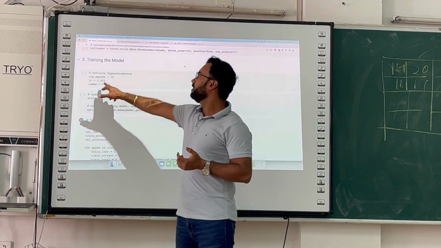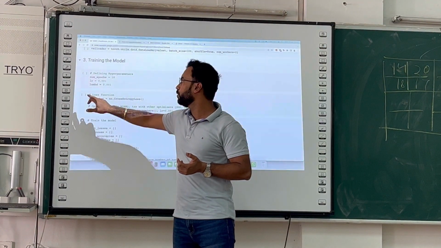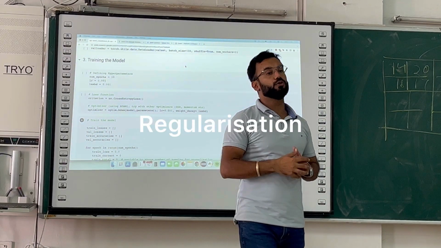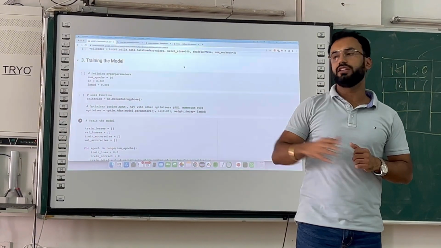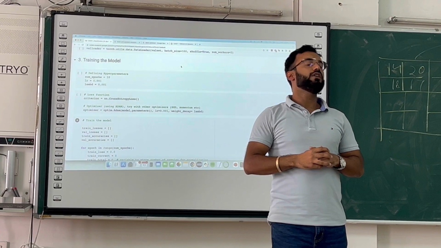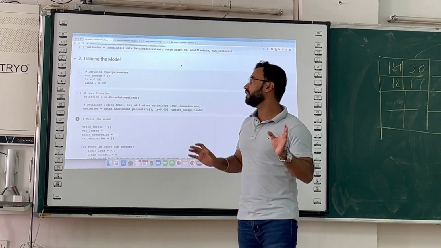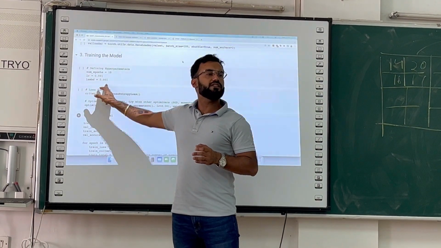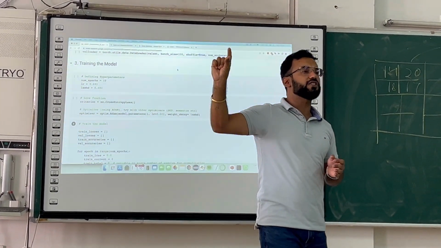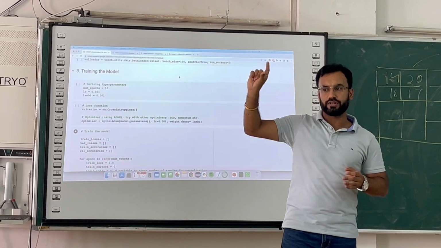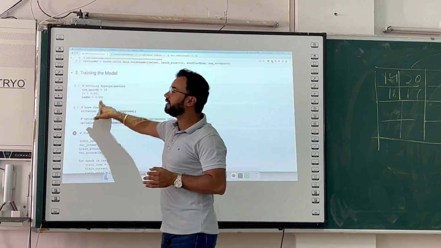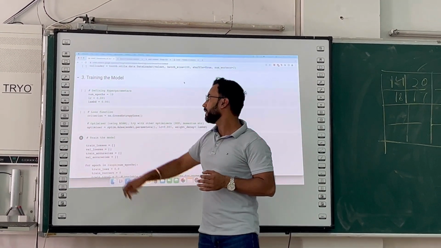So this was the alpha value, which we took as 0.001. And yes, we were also told to include the regularization part in the problem statement. So we applied the L2 regularization parameter. If you remember, when we add the regularization term, it is lambda w square by 2. So this is that lambda, 0.001.